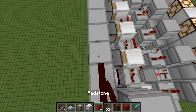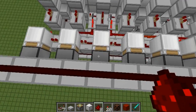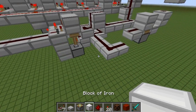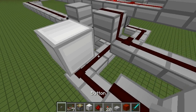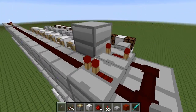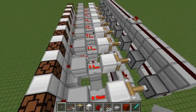If we put the redstone here, I can demonstrate that. Once again, before the third last one, just put another repeater. So if we put a button right here, make sure it's a stone button. I can get rid of the lights. I'll just cut this one off for now. Basically, when you press this, as you can see, the pistons are now locked while being extended, and all of